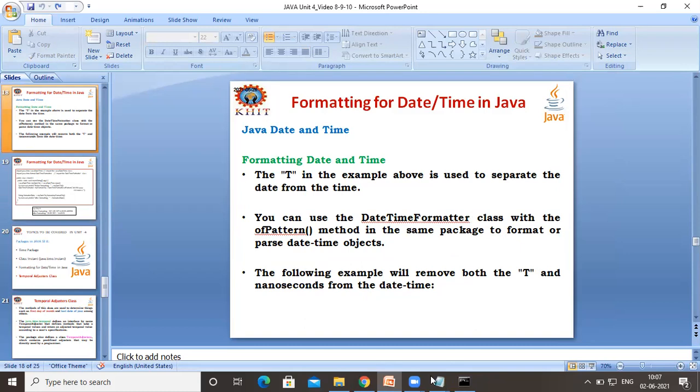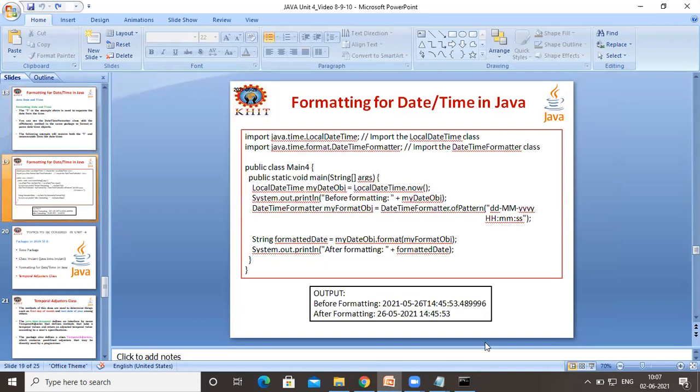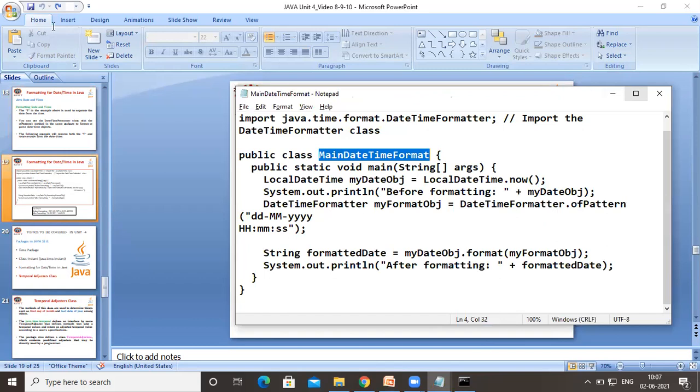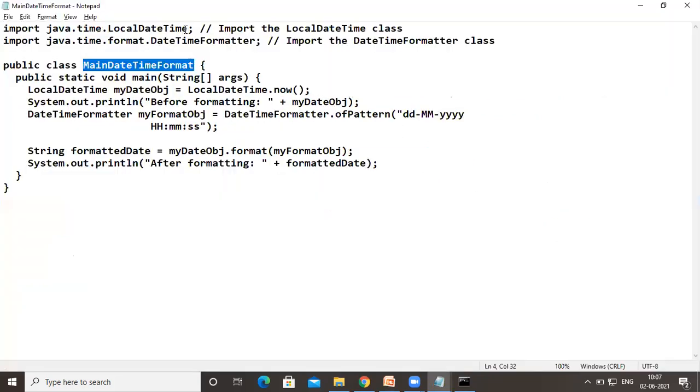You can see a small example. I'll just show you with this Notepad 5. There is java.time.LocalDateTime, which we need to call, and then to change the format of the date, we need to call java.time.format.DateTimeFormatter. DateTimeFormatter is a class, and we need to call it.